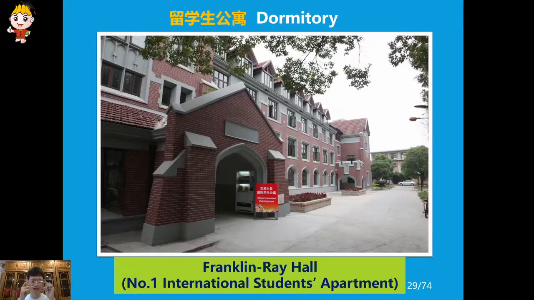This is our international students apartment. Okay, I've noticed there is one student propose a question. Do you have their air conditioning systems in the dormitory? So I will answer your questions. Miss Wang, so your questions. Yes, sure. We provided that one. The air conditioning systems in the number 1 building, number 2 building, and number 3 building, all fully equipped with air conditioning system. As above all, it's free if you are sponsored and offered the scholarship. This is really good, right? The good chance. So let's moving on.